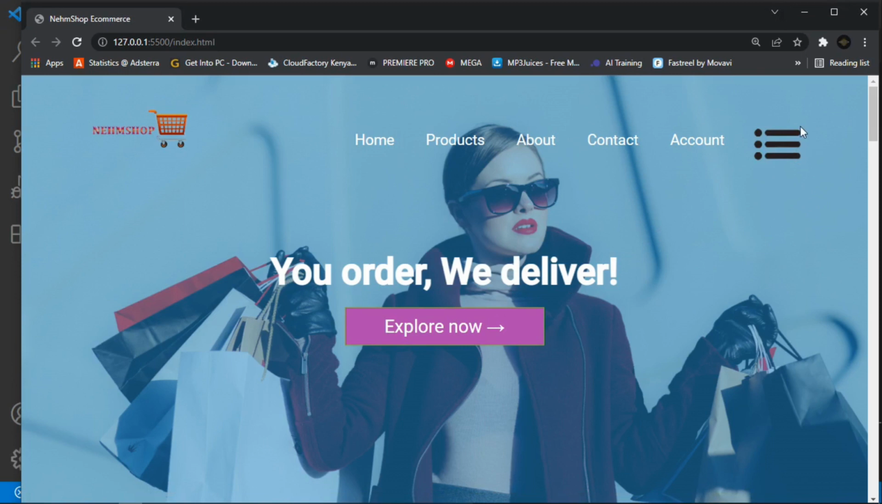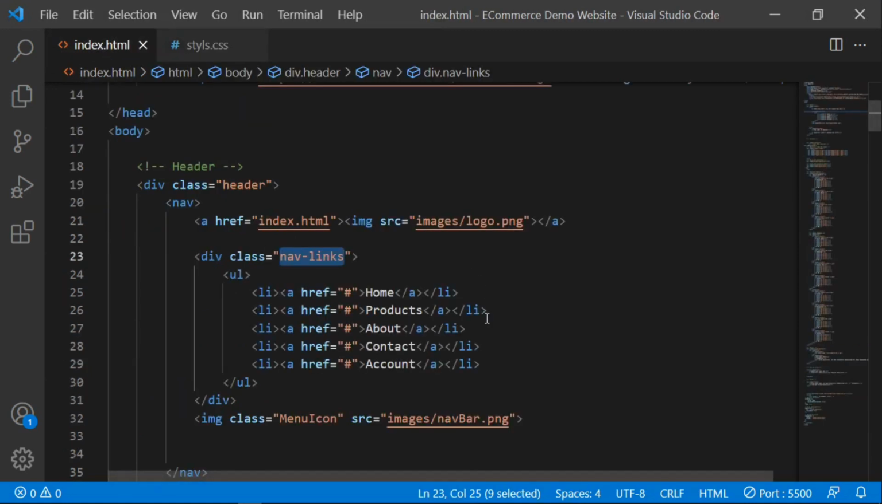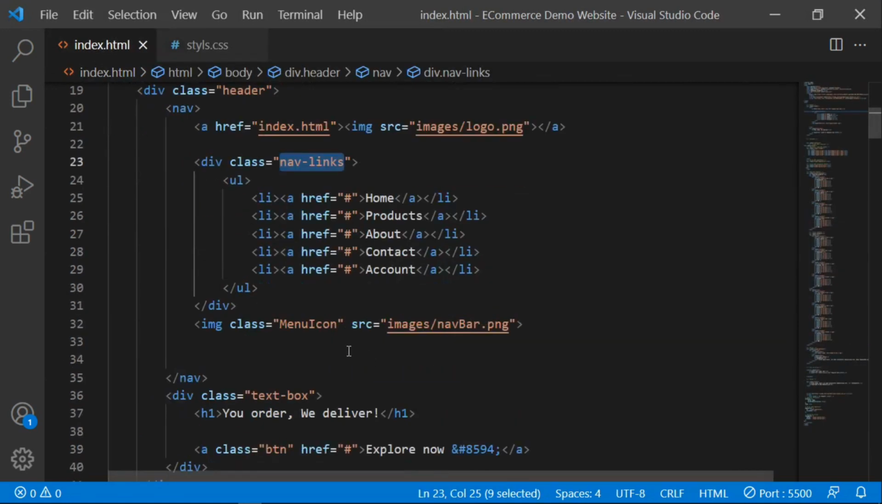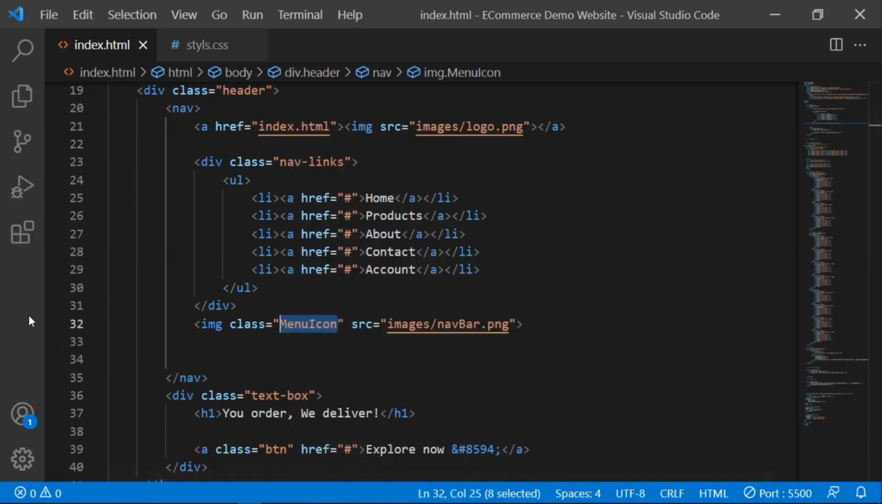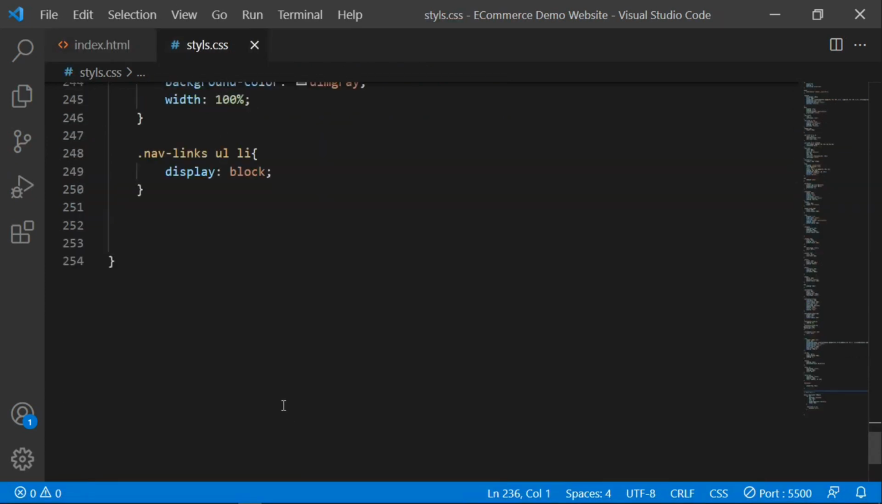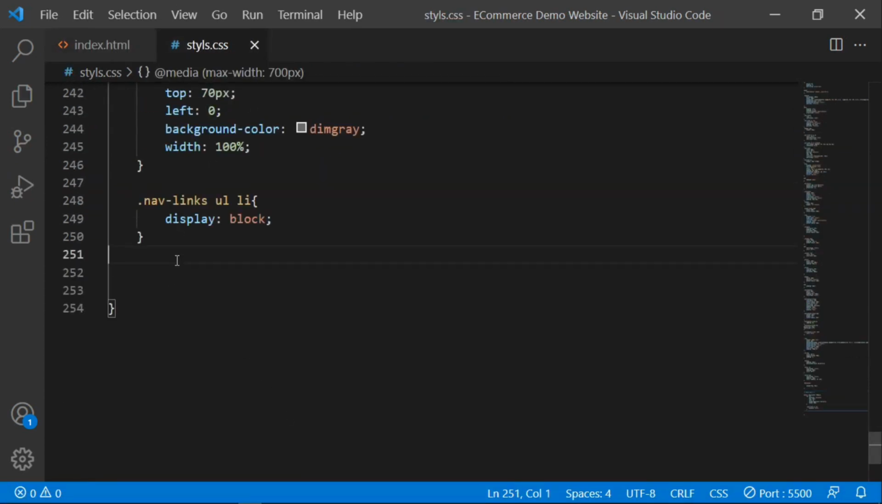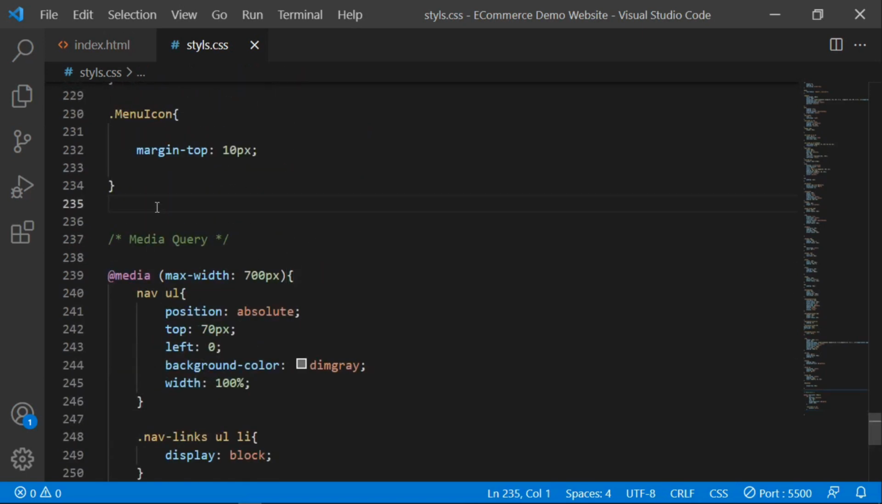And guys, I want to hide this navigation menu on the larger screens. Let me go to the HTML, and then let me find the class. The class is menu icon here. So let me copy the class, and then go to my CSS, below this, before this media query. So I'm going to say